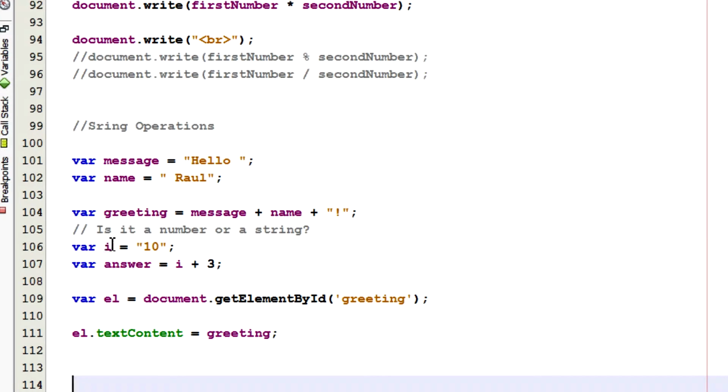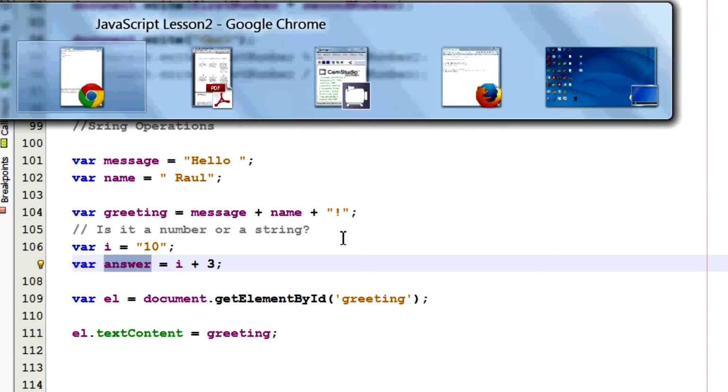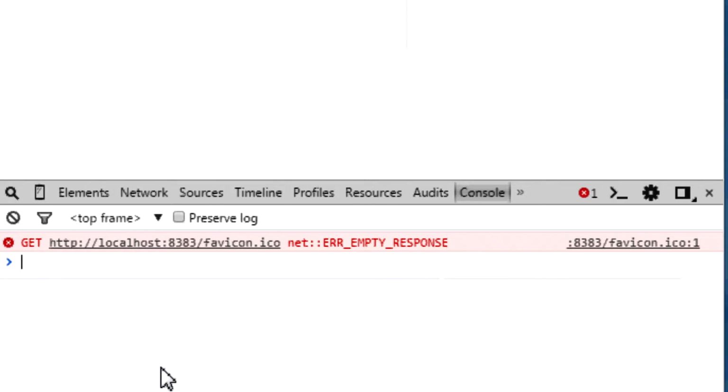Here, so is this a number or a string? So I declared a variable called I equals 10 in quotation marks. Now I want an answer. So I declared a variable answer equals I plus the number 3. So what do we expect this to come out as? So if I type answer,